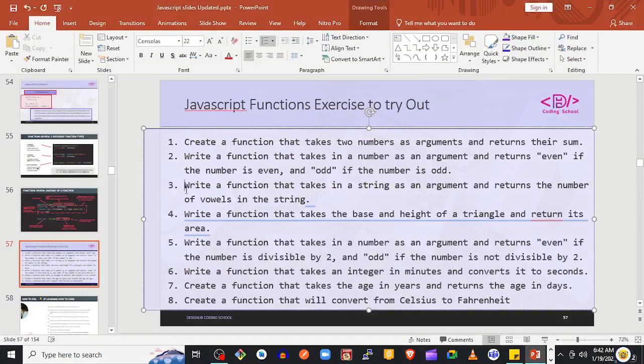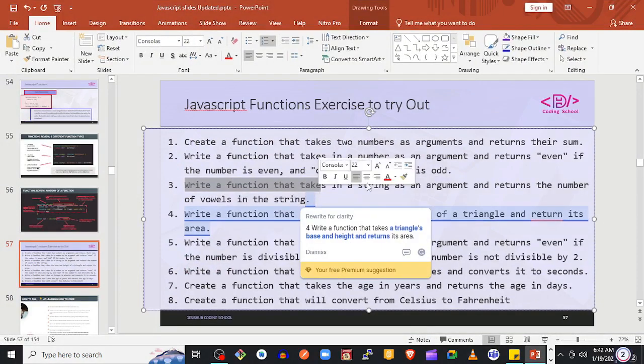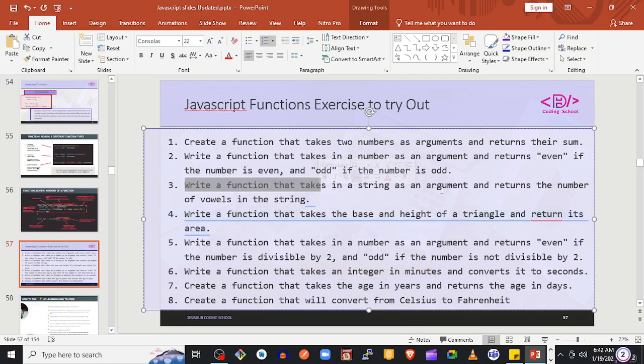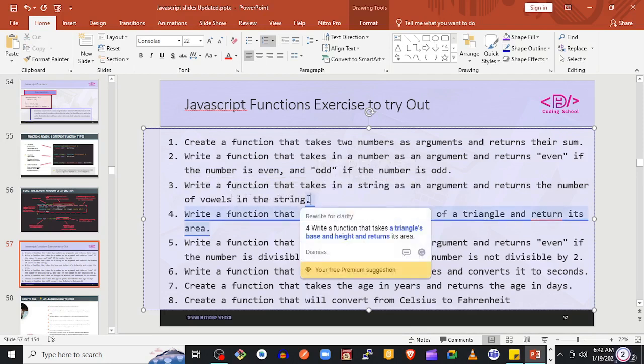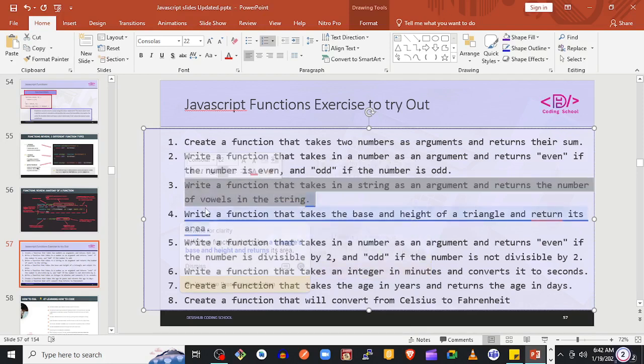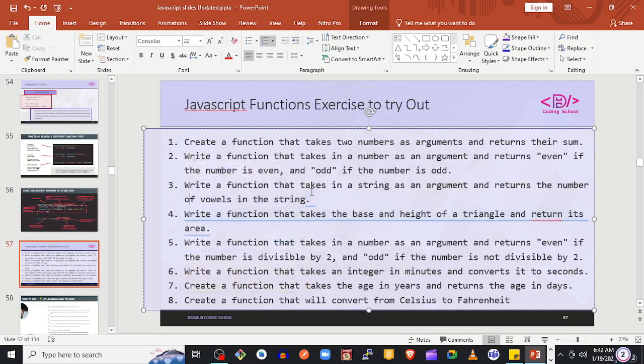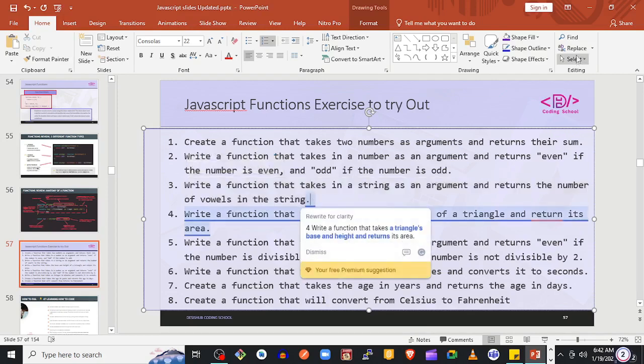Number 3 says write a function that takes a string as an argument and returns the number of vowels in the string. Okay, so I would leave this one for you guys to try out. I will maybe talk about it later when I come back. I want you specifically to try this one, but to give you a hint,